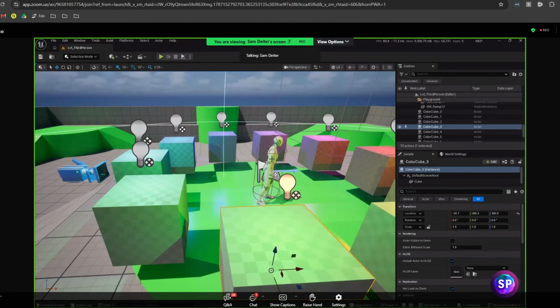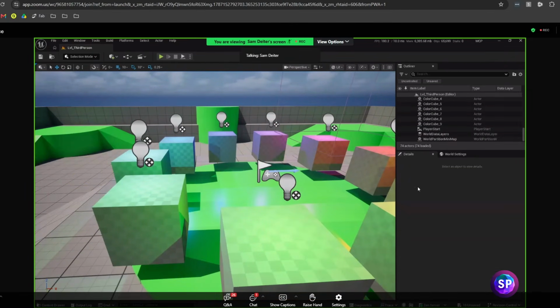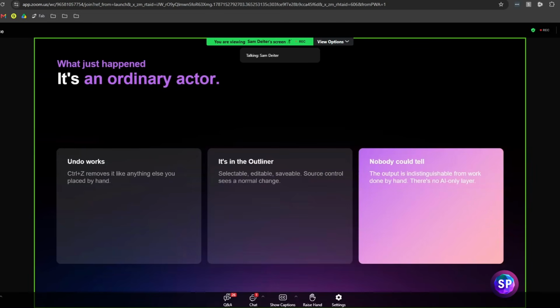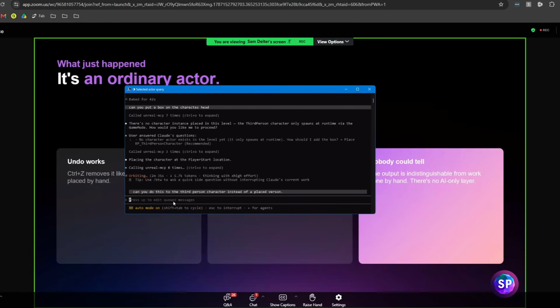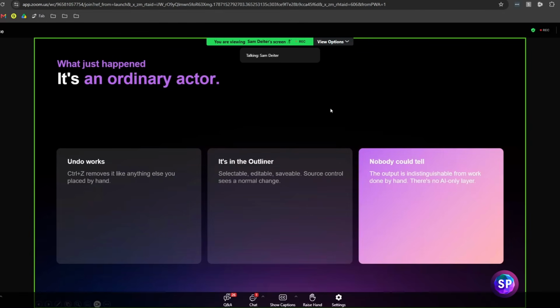I could see a box, but I'm going to delete that really quick, and we're going to do this another way. We're going to ask it to do it to the third person character instead of the placed version.